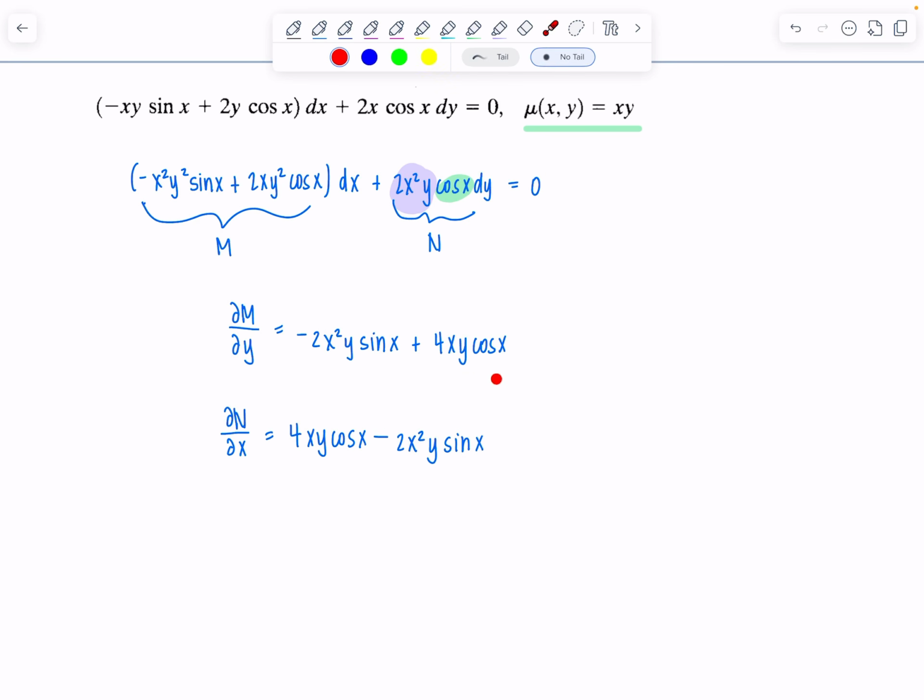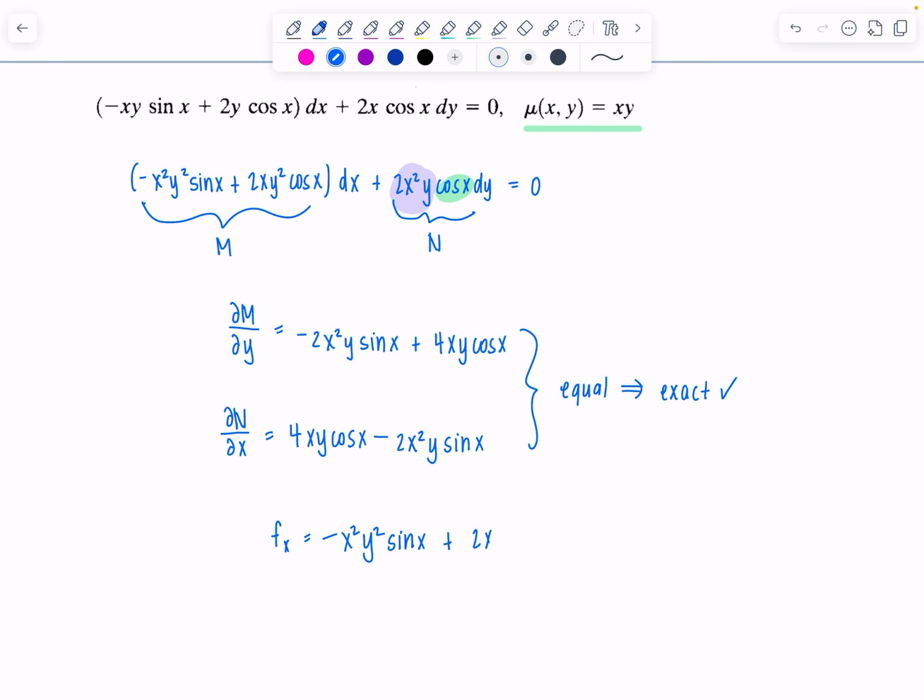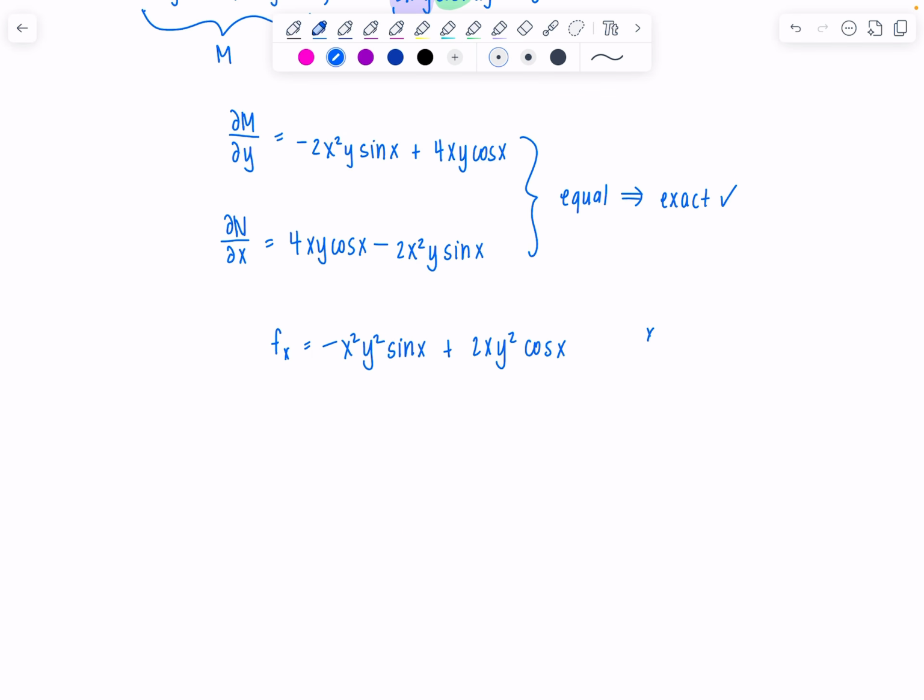Indeed they do. How perfect for us. So now, since these partials are equal, my differential equation is exact. And I can solve it as such. So m is my partial with respect to x of f of xy, which is negative x squared y squared sine x plus 2xy squared cosine x. Okay, remember I need to integrate now with respect to